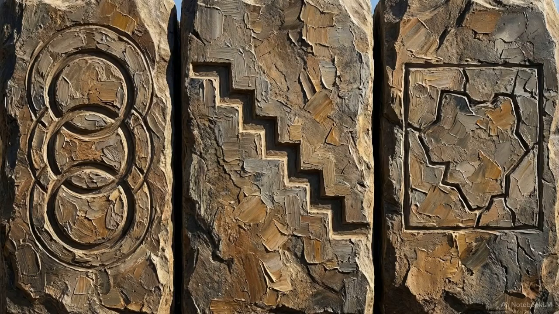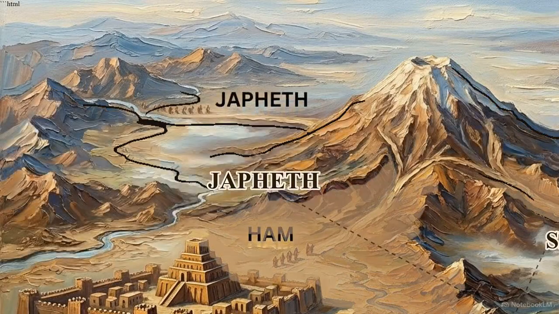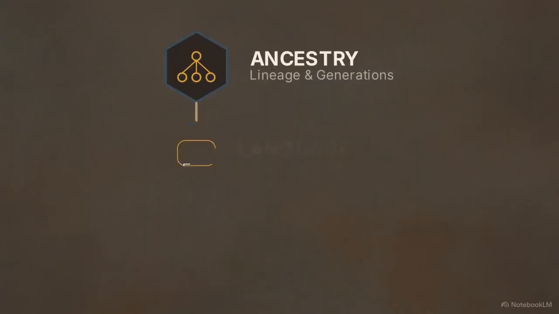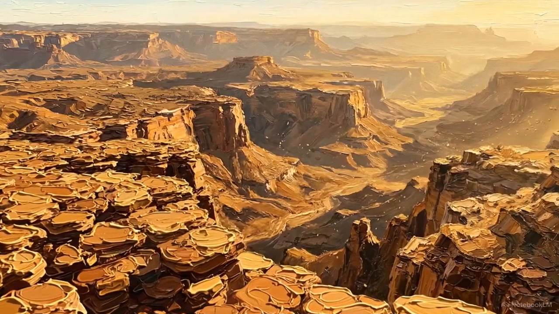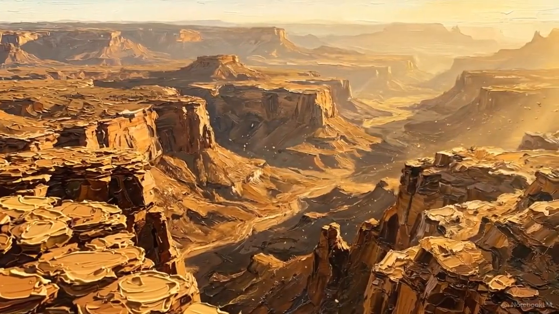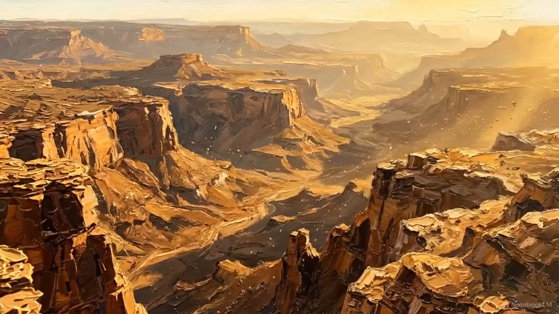"These are the families of the sons of Noah, after their generations, in their nations, and by these were the nations divided in the earth after the flood." The system reveals a symmetry at the heart of the text. Ancestral nodes align with spoken language, which dictates sovereign borders. Genesis 10 stands as an ethnographic baseline, the geopolitical lens required to trace the vectors of urban development and human identity across the ancient Near East.